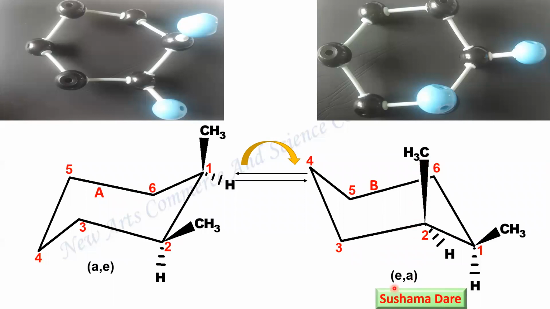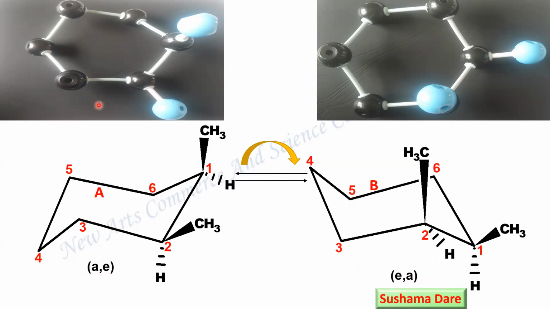Now, how do we name this conformer? Number 1 is an equatorial group, so E, and number 2 is an axial group, so EA. Now, the arrow I have shown over here indicates they are equally populated. What is the meaning of equally populated? This structure has one axial group and one equatorial group, and this structure also has one axial group and one equatorial group. So the energy of both these two structures is the same.